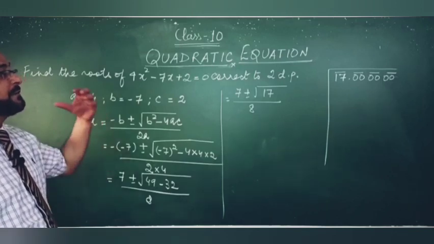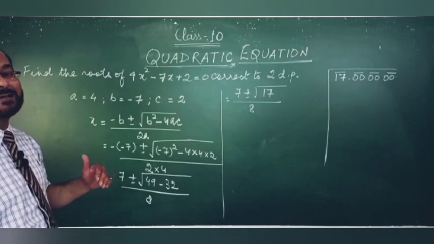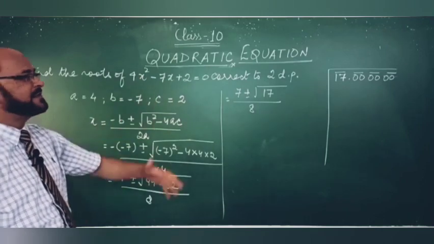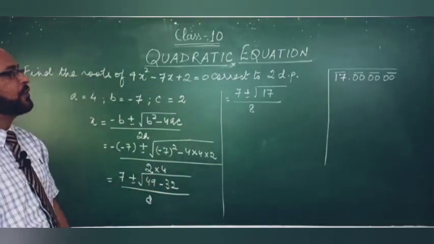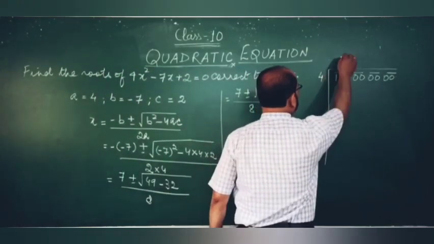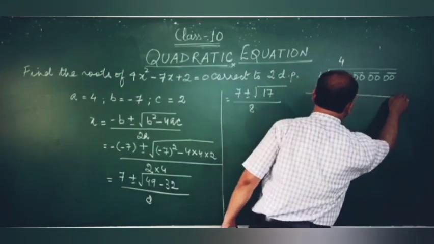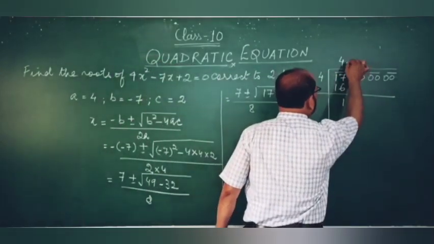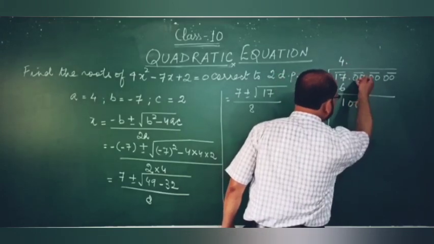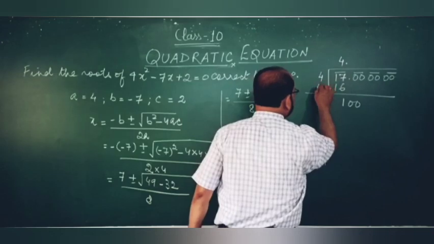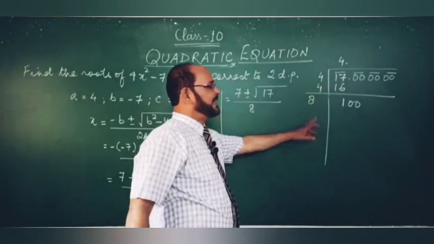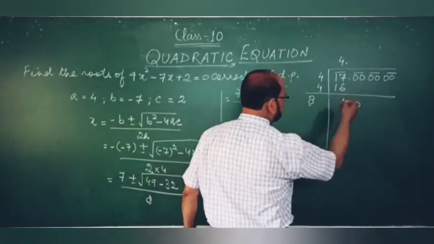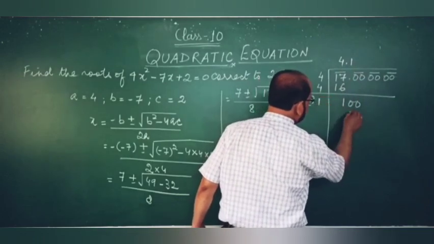So we will take such a number whose square is either equal to 17 or less than 17. Since 17 is not a perfect square, it will be only 4 4s are 16. We will subtract, we will get 1. Then we will put point and take down this pair, 00. This number we will add here, we will get 8. Now this is 8 and this is 100. So we will take this 8 and take 10. It will go one time. 81 1s are 81.